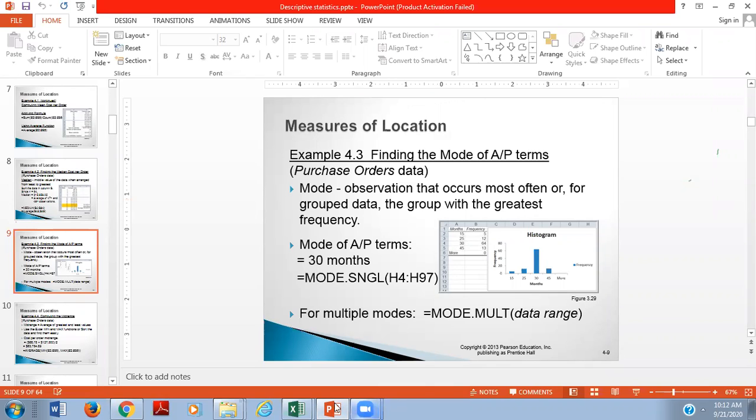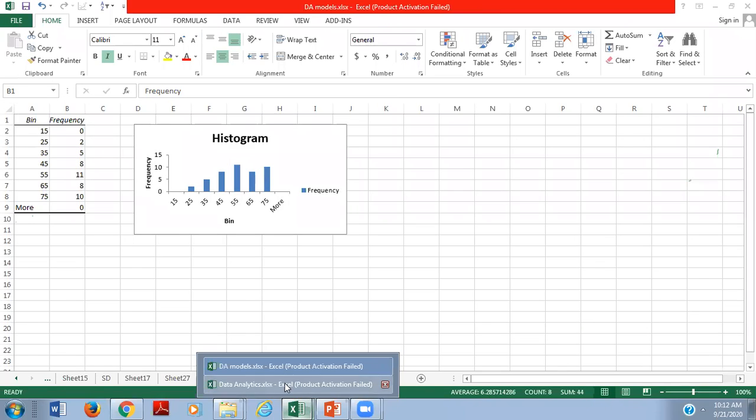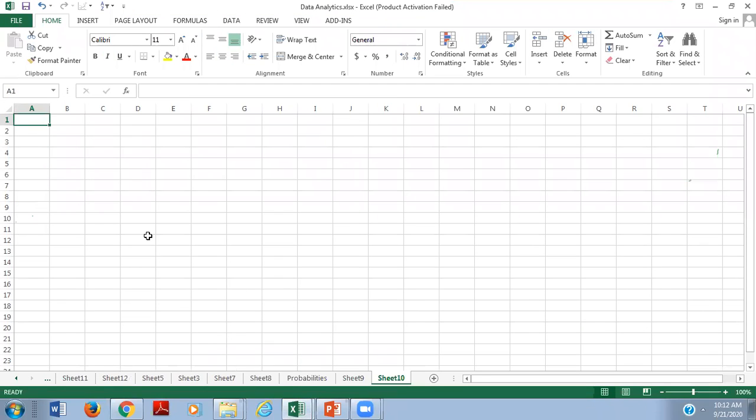So here I will make one particular example. Right, I have taken one data as a sample.